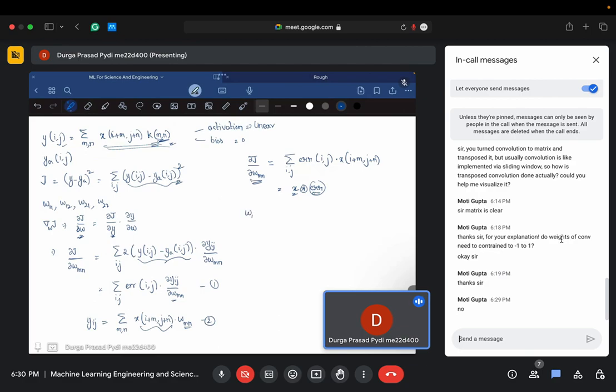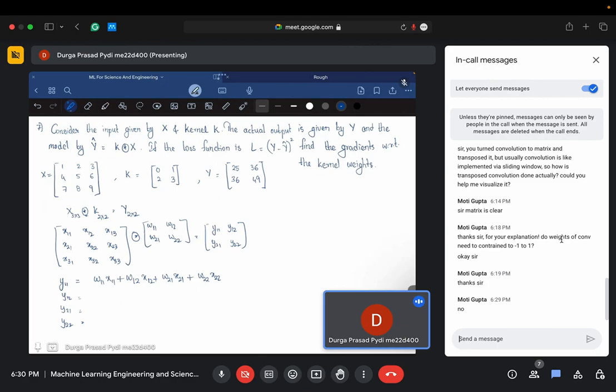So if you use steepest gradient descent, w mn at step i plus 1 is going to be w mn at step i minus some learning parameter times this. I hope this is clear. Now with this background,